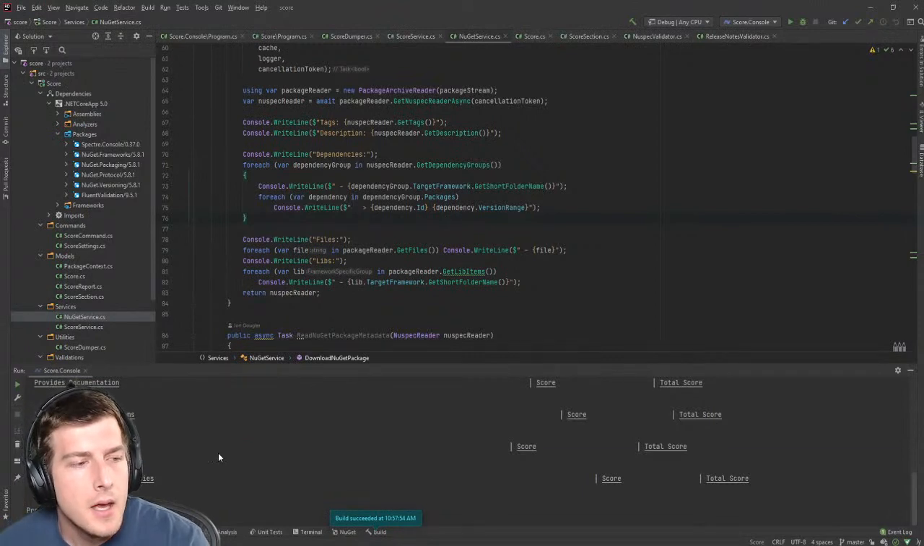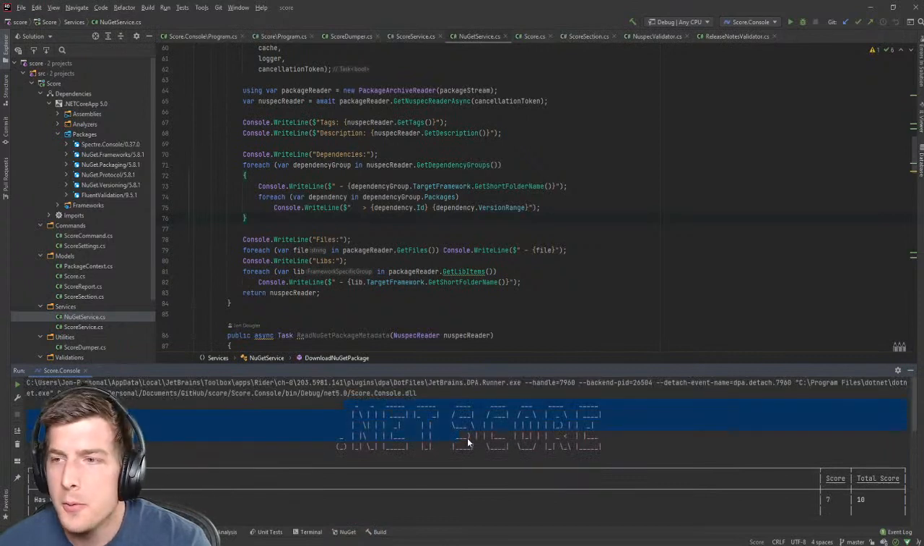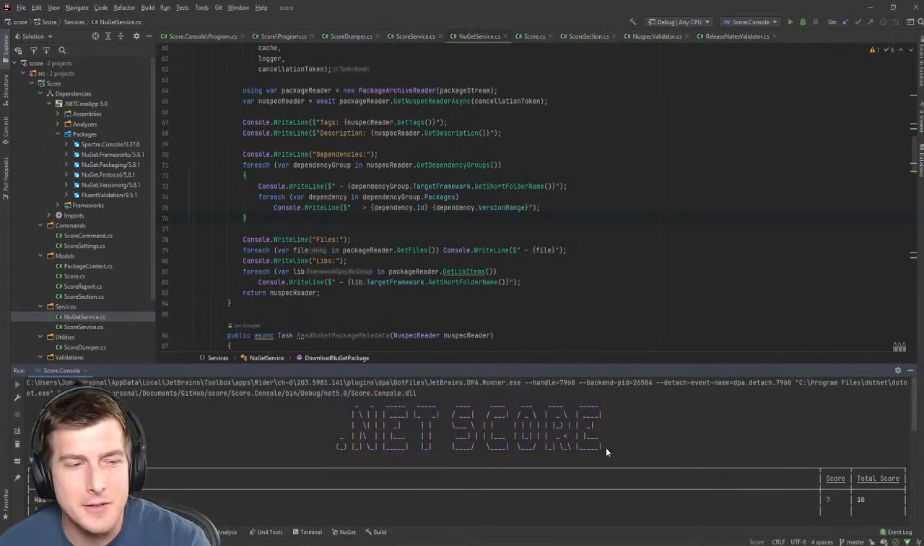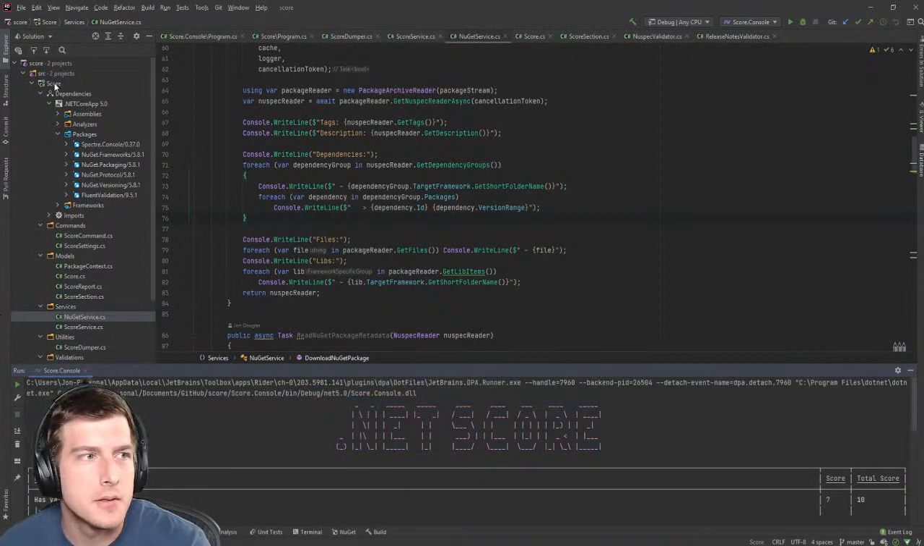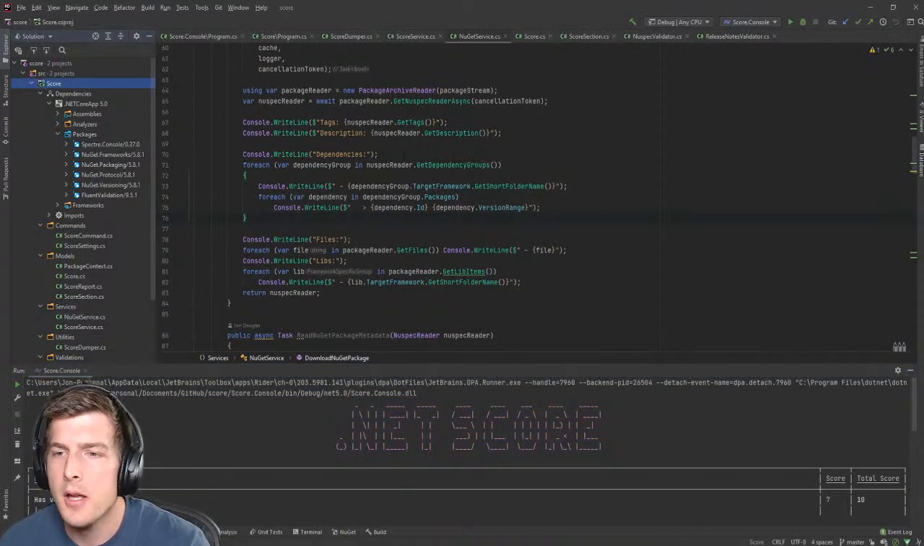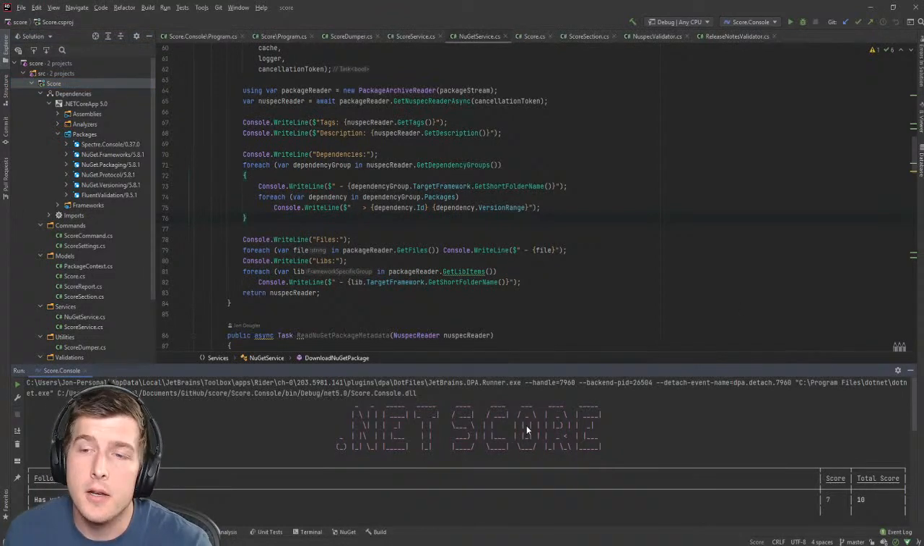The big thing I added was this new little ASCII art. I don't know what these are called. The current design of this CLI, I'm calling dotnet score. That's what this tool is called, and that's what this whole project is called. The intention of dotnet score is to score your NuGet packages, giving them scores based on